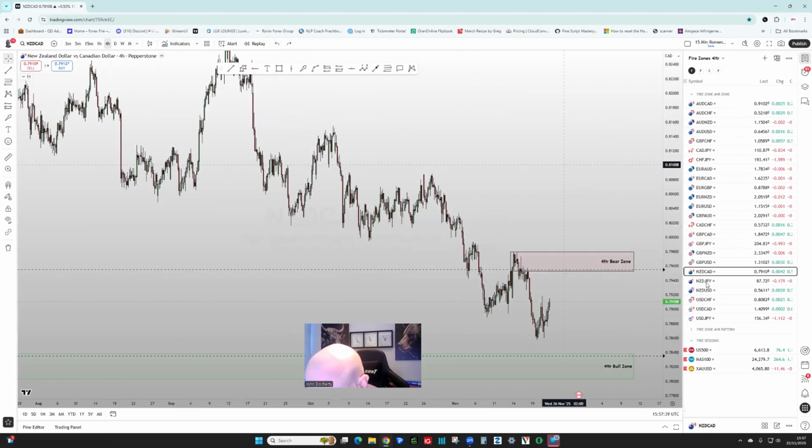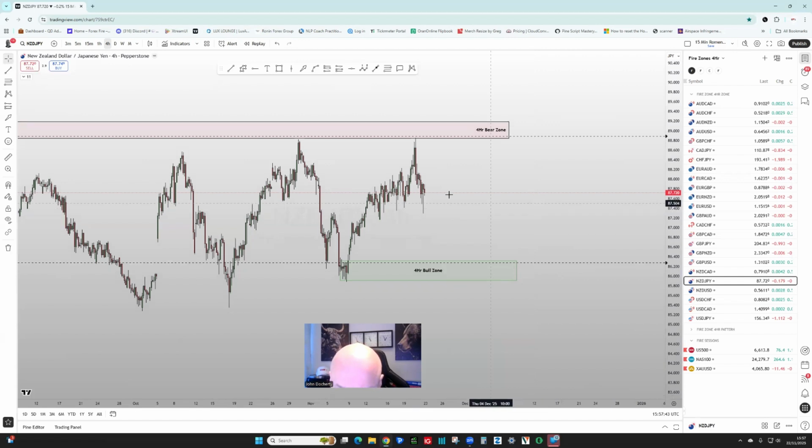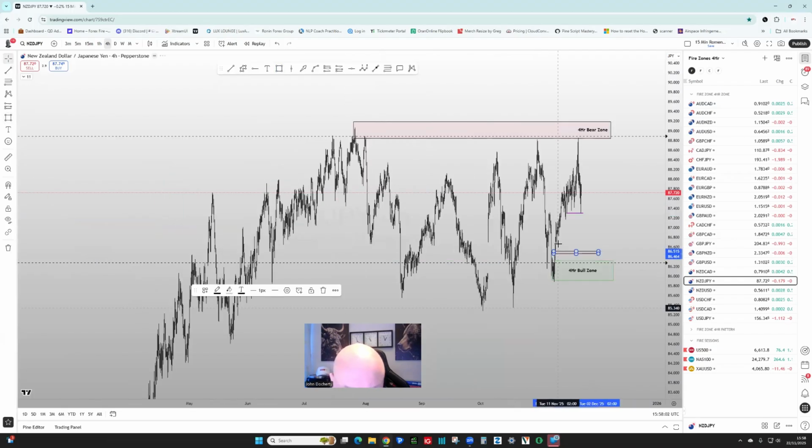Okay, so NZDJPY, the last few on these. Again, looking at what we see, we're seeing a funky candle here. Again, it's at 10 o'clock on the other night. We've got liquidity double bottomed here. Underneath that, we don't really have any price inefficiency other than the slightest bit of fair value here. Overall,